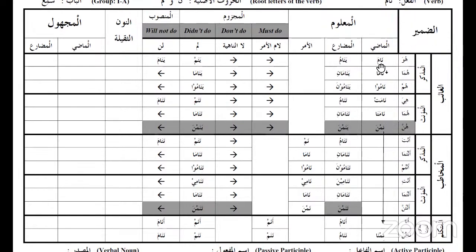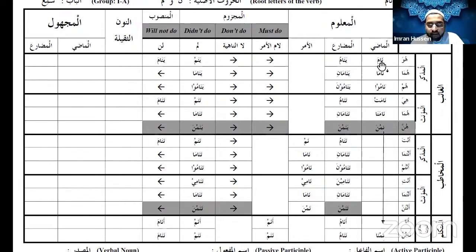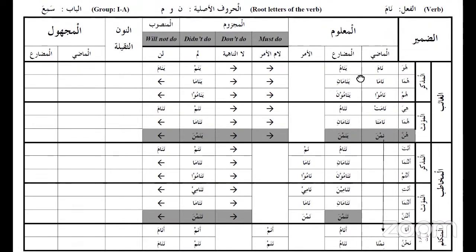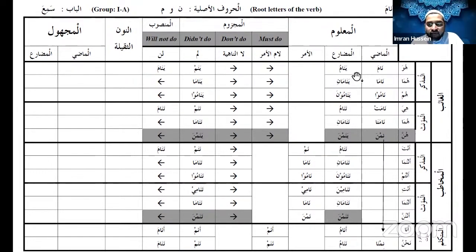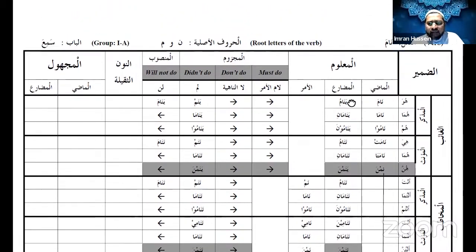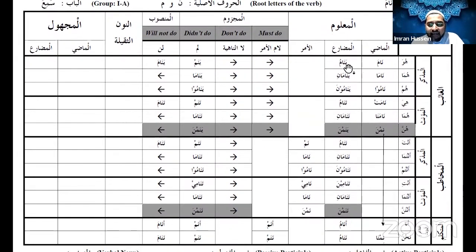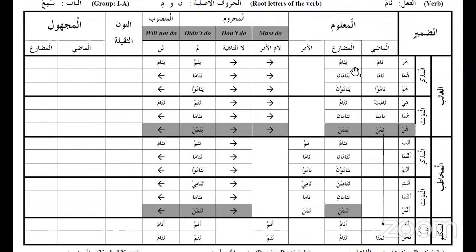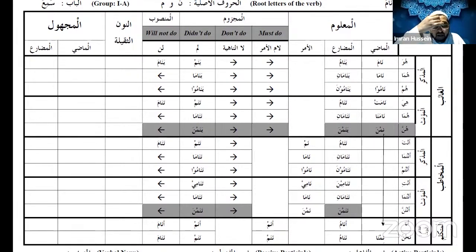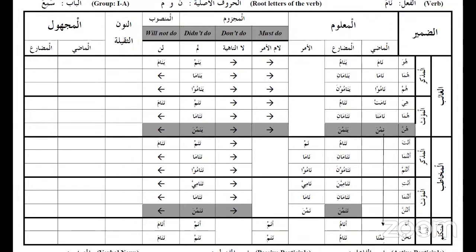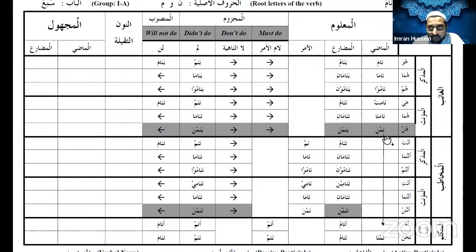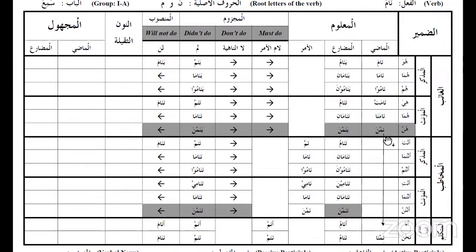Okay, so now, Naum itself is the root word. Naum means sleeping. Nama, he slept. Now, this present tense is on the pattern of fa'ala yaf'alu. So this is nama yanamu. So here after the noon, there's an alif now. In qala, the past tense had an alif, the present tense had a dhamma. Qala yaqulu. Now, over here, when you go to the sixth form of the verb, it will not take a dhamma, but take a kasra.